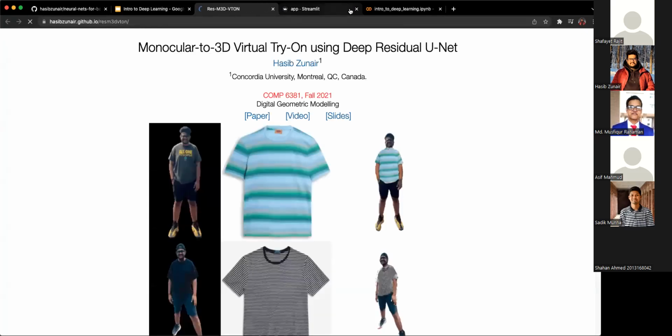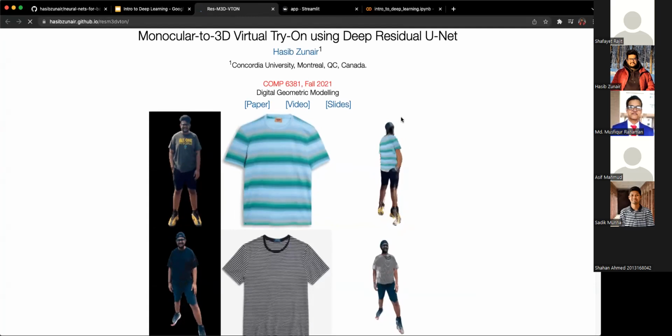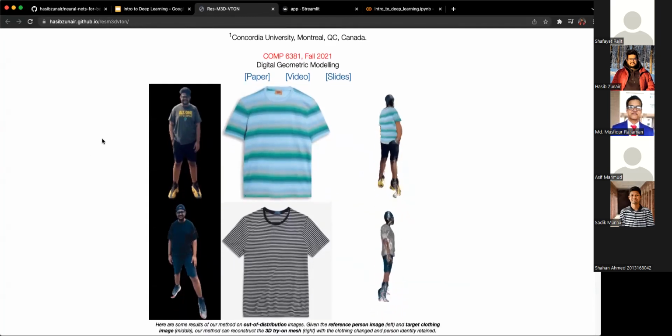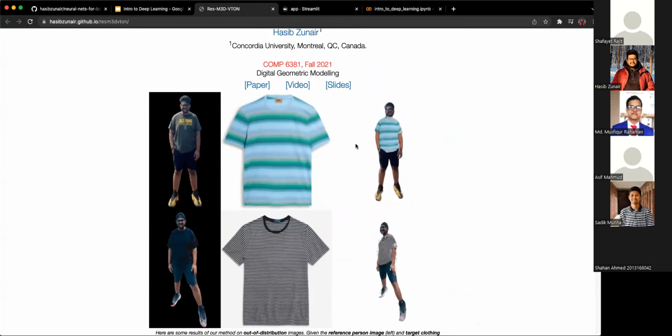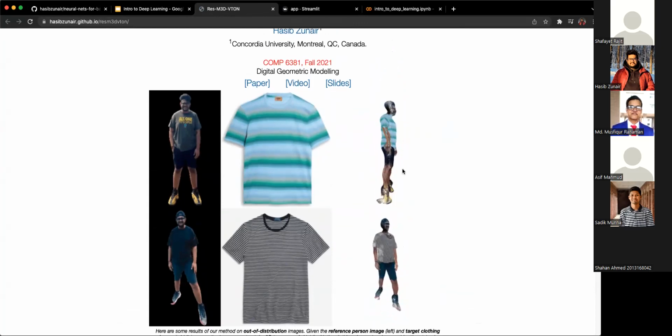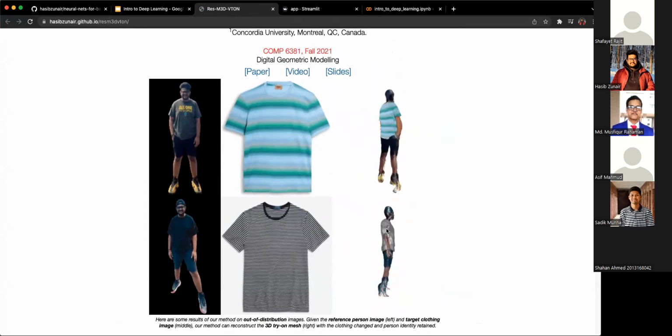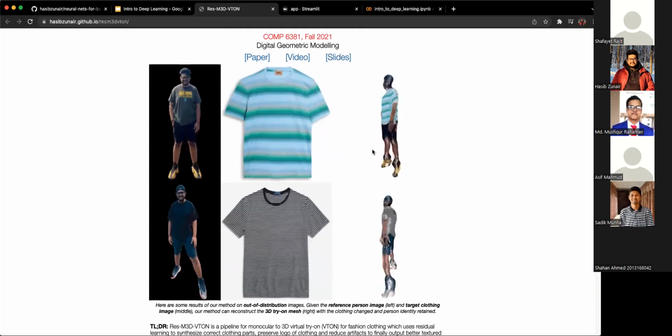And then there's this other one, which I've recently done as a part of my course project at Concordia, which is basically given a person image and a clothing image, the goal would be to create a 3D model of me wearing this clothing. There are some applications on this, like the most useful application would be in online shopping, where you can just sit at home and try out a cloth, and it would give you a 3D model of that. So you can see it's nowhere near, no one would really use this because there are a lot of problems going on. So in the context of research, this would be considered an interesting problem.